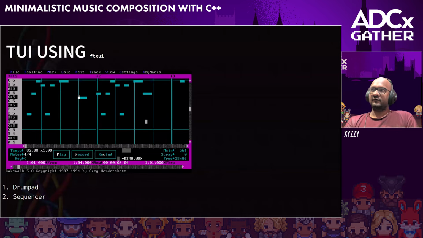The other thing is, if you've used any hardware instrument, you might have seen the small user interface that they have. These interfaces are quite easy to do. On Windows, Mac, and Linux, you have this nice library called ADCx UI that can do some of these interfaces. I've done a drum pad, and I've also done a sequencer. I can demo that in a while.